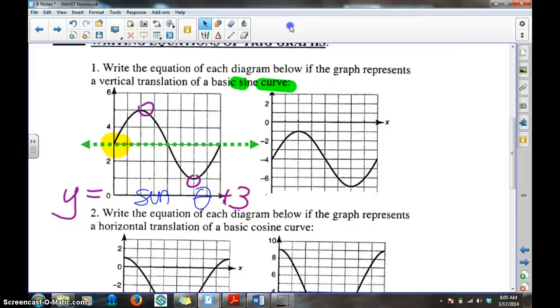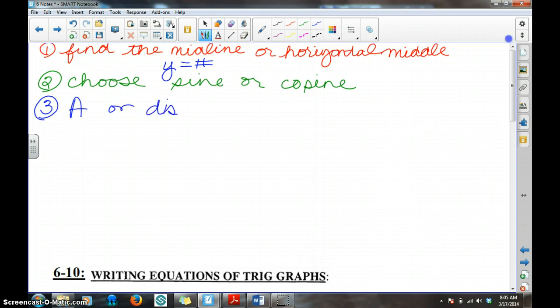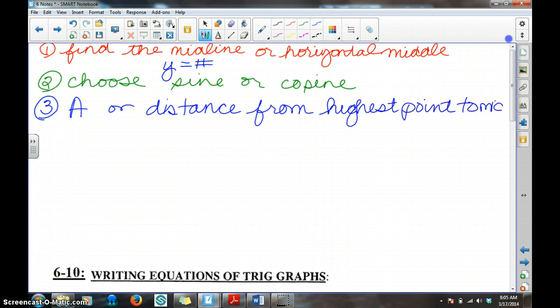Still good? Okay. The next thing I'm going to do after I've decided that this is a sine or a cosine graph is a two-step process which is going to help me find the amplitude. And the amplitude is basically just the distance from the highest point down to the midline. Now I said this was a two-step process because that distance is always going to be positive. If I go from the highest point down to the middle, I know I'm going to get a positive number,